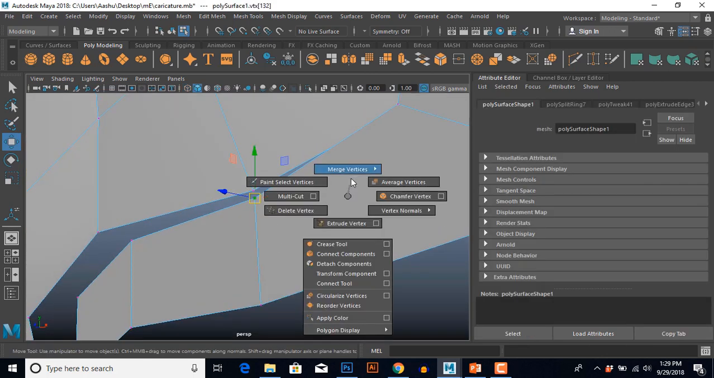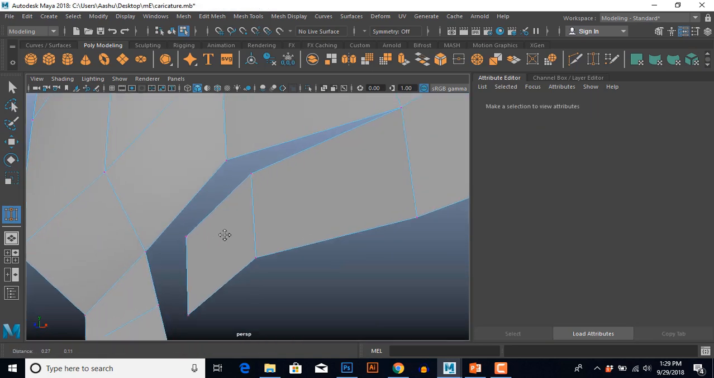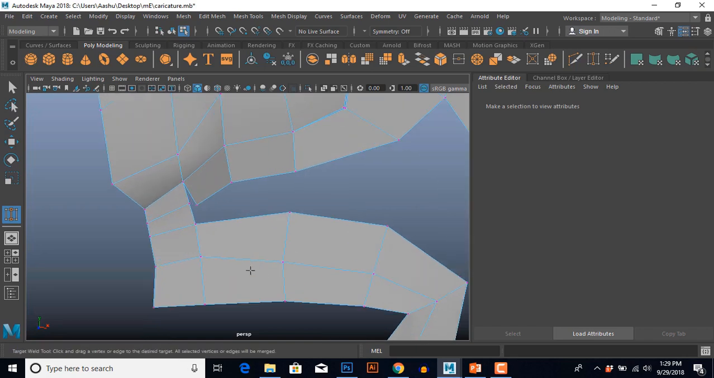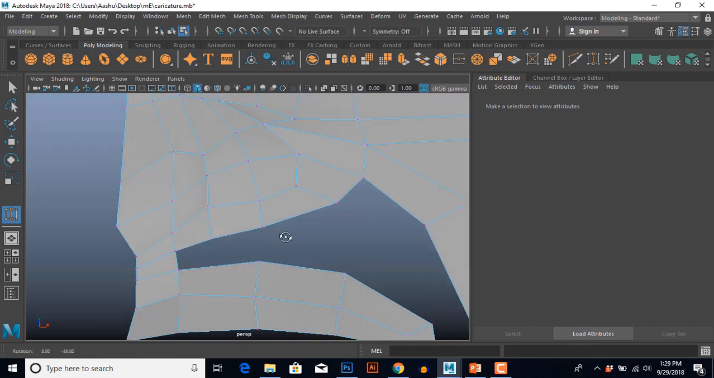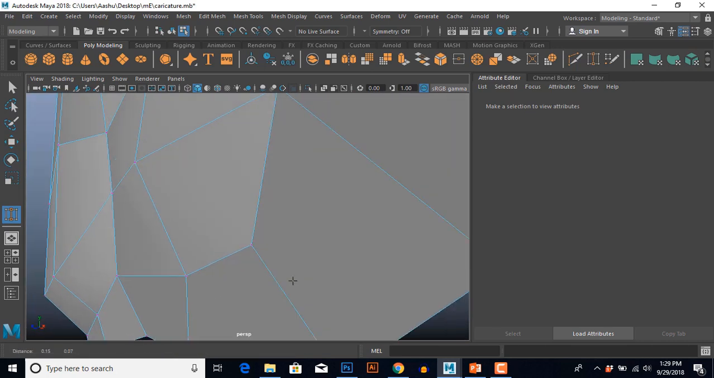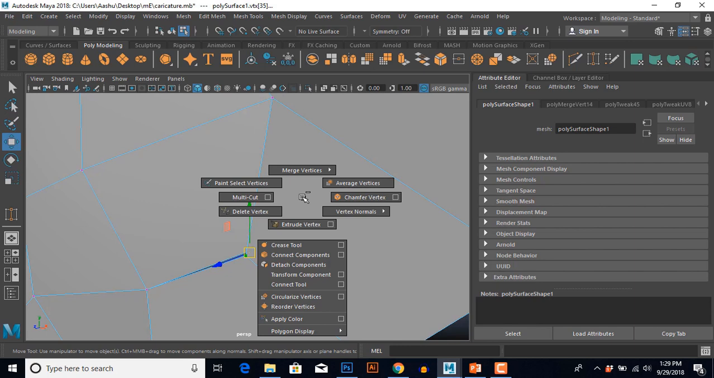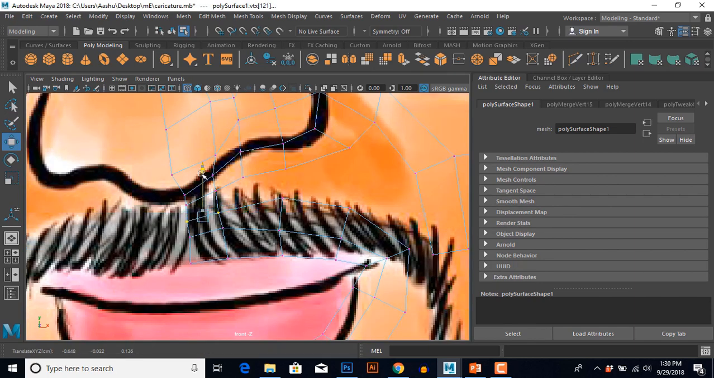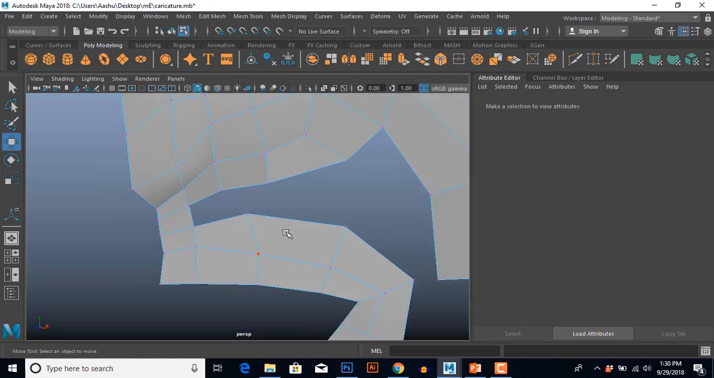Go to target weld tool again and merge all these vertices to their destination. Okay, this is cool. Select these two vertices and shift right click these vertices. Keep adjusting the vertices carefully. Now what we need to do here, so